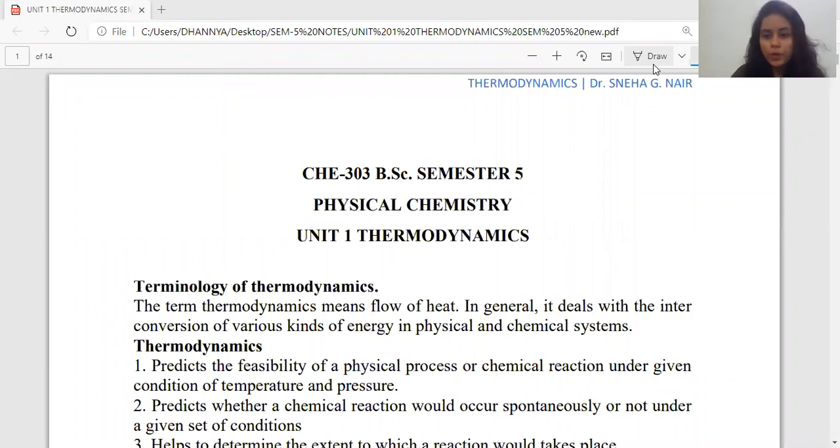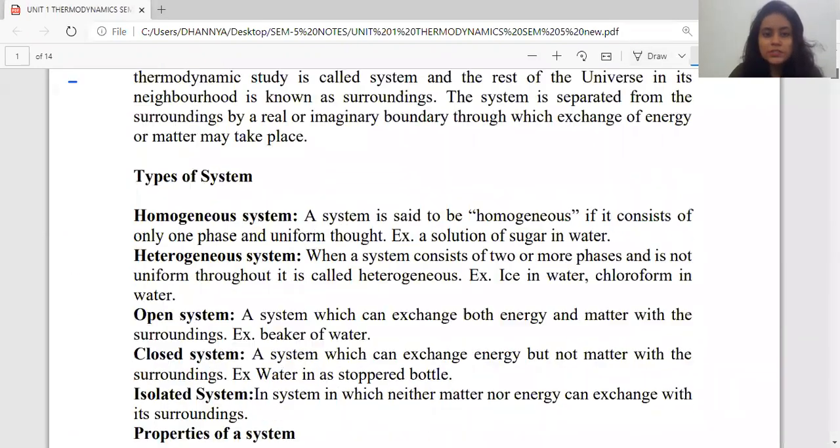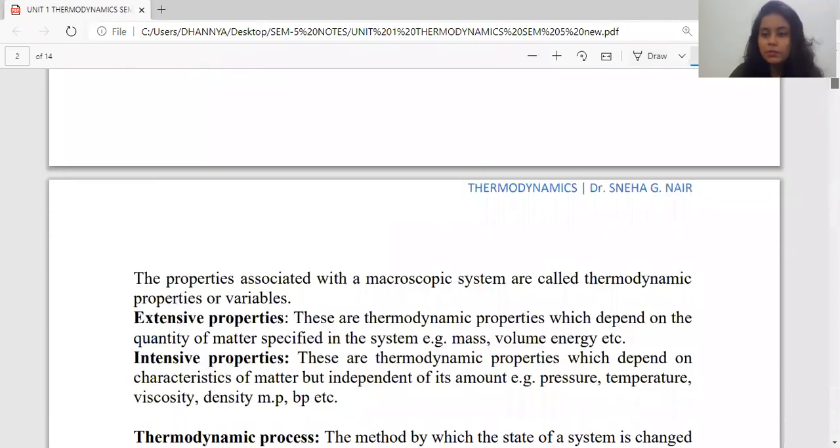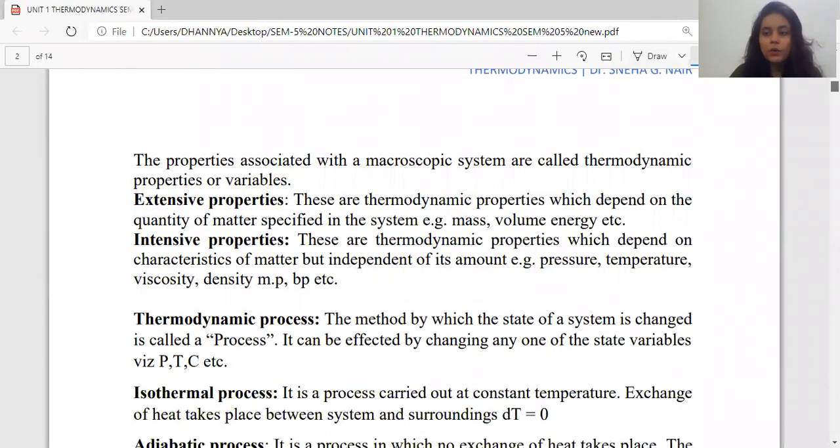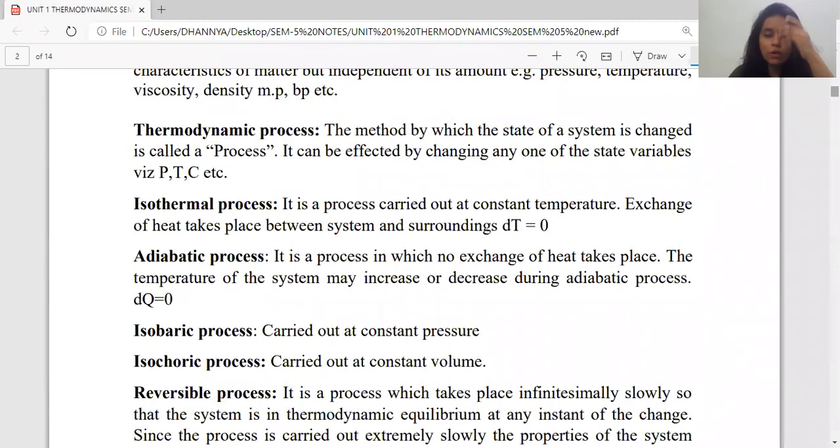Physical chemistry unit 1, thermodynamics, we are going to study the various other parameters that are used while studying the thermodynamic processes. As you can recall from the last lecture, we have already started regarding the various thermodynamic systems and the surroundings that are generally present. And also we have studied in detail regarding the extensive and the intensive properties of the system. Now, in this coming video lecture, we'll be studying the thermodynamic parameters or processes that occur in